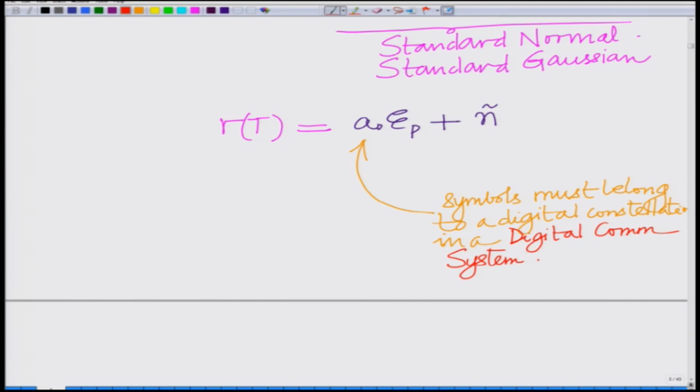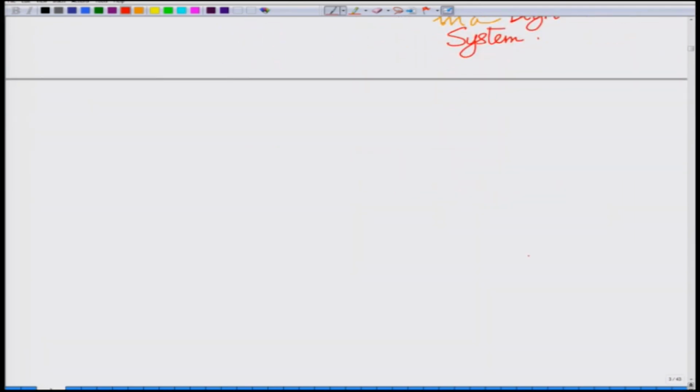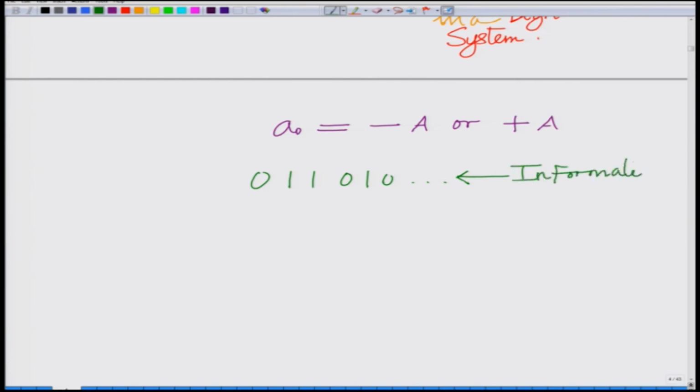So, let us choose a very simple system in which we have a very simple constellation in which A naught equals either minus A or plus A. Remember how this arises. We have the information symbols. If you go back, these are your information stream, the raw bits. Information bits. Now, I can map 0 to the voltage level A and 1 to the voltage level minus A,